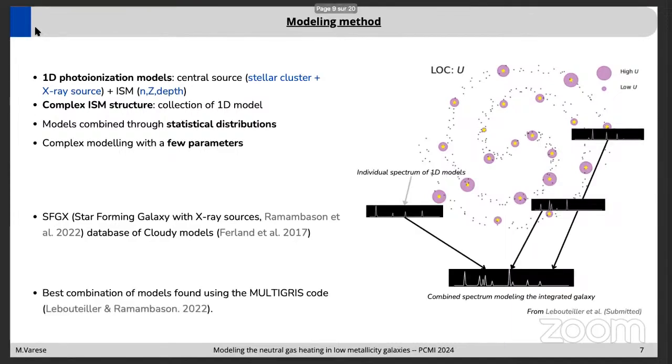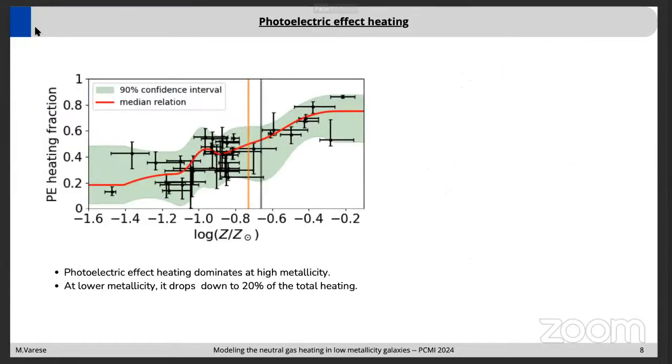And then we add all the spectra to get the integrated spectrum that we will compare to the observation. The best combination of models is found with the multi-Rhys code, which uses MCMC techniques, and with the star-forming galaxy with X-ray sources grid of models, which is based on Cloudy. So now that we have the modeling method,